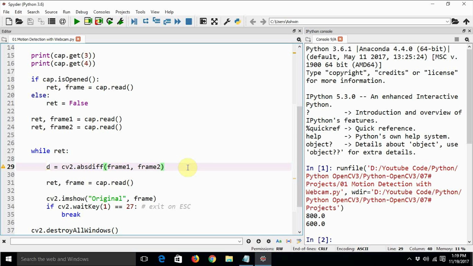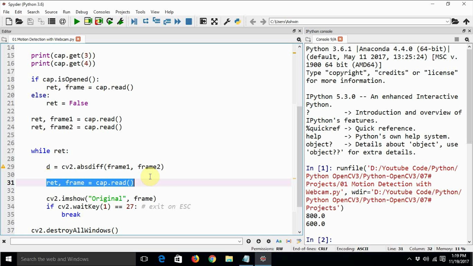Once we have this absolute difference, let us show it on the screen first. Or should we show it on the screen? Let me think. I don't think it will be a very good idea to show the absolute difference on the screen.